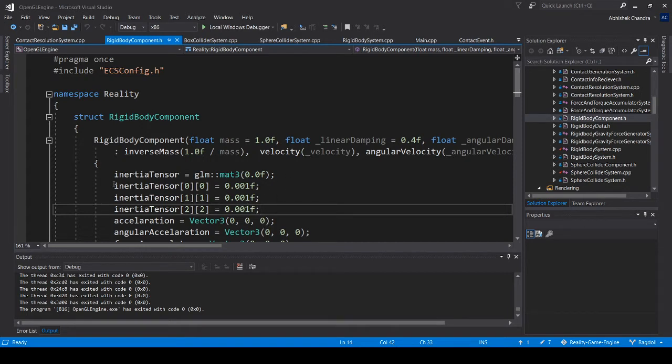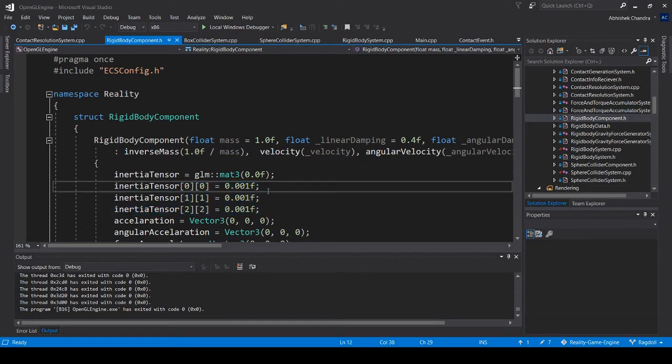Instead, what I did was I changed it so that when you create a rigid body, the default value of the inertia tensor is almost negligible. It's not 0, because that might cause some not-a-number errors. In fact, ideally it should be 0, and those should be dealt with separately. But for now, I have just assigned a default value of really negligible inertia tensor, and then every time you